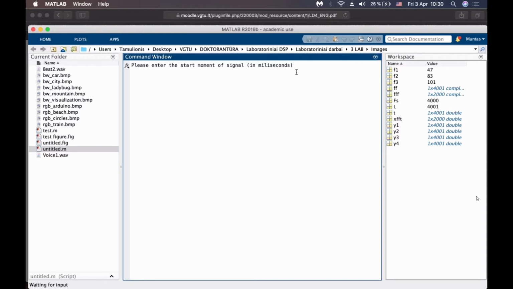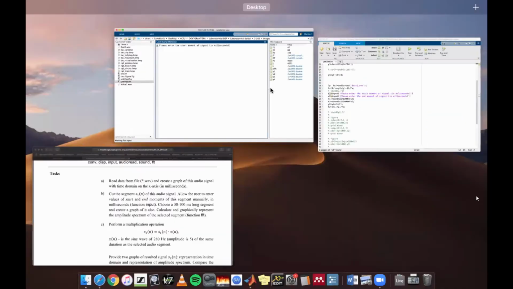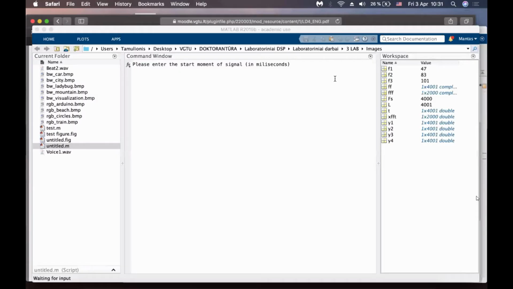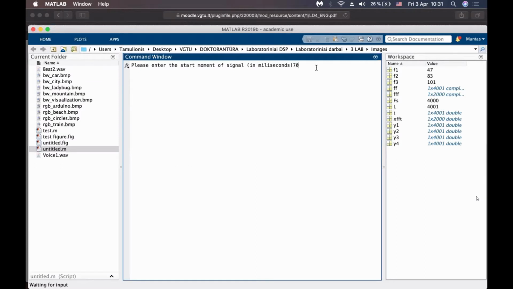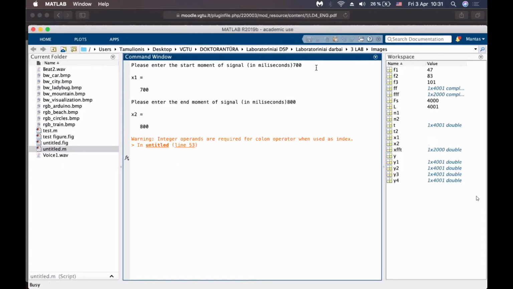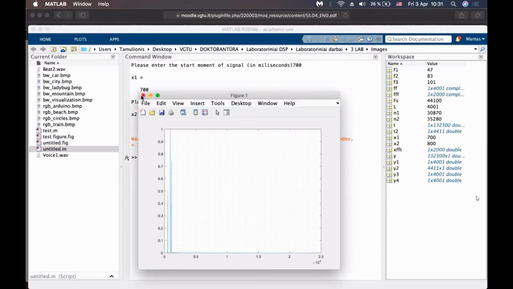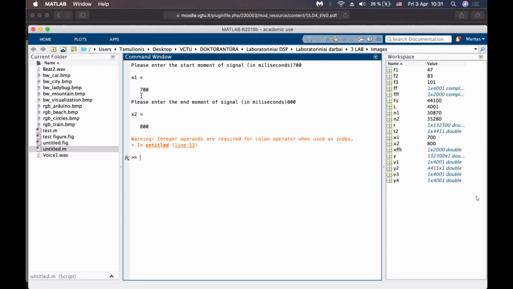So for example, the task is asking the user to choose any segment from 50 to 100 milliseconds. So let's try, for example, 100 milliseconds from 700 to 800. Okay, so it's the latest part about the